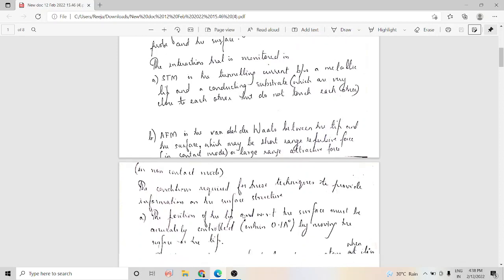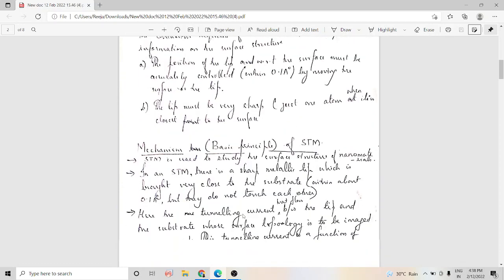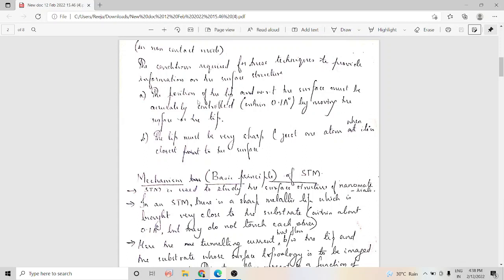Okay, now for these techniques to provide us with information about the structure, the following conditions have to be met. If by using these two instruments, the scanning tunneling microscope and AFM, which are based on the scanning probe microscopy technique, we have to get information about the surface structure, what are the conditions that should be maintained? The position of the tip with respect to the surface must be accurately controlled within 0.1 angstrom